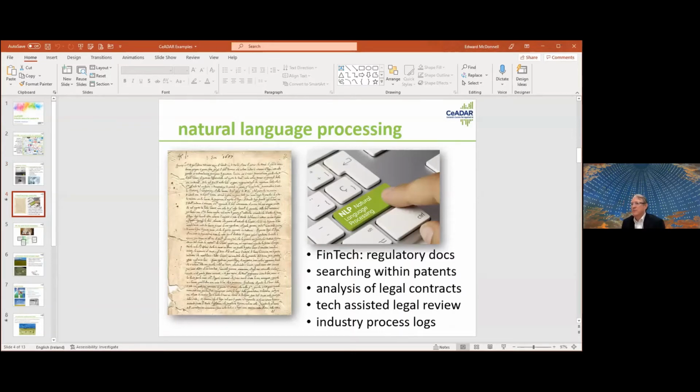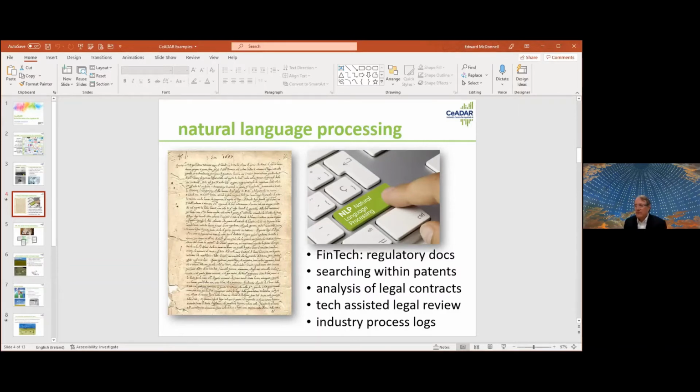One, we have quite a large project with a company called Corlytics here in Dublin, in the world of fintech, specifically financial regulation, which is a very, very large burden for financial service companies. And there are increasing amounts of rules and regulations coming out in this area, and more documentation than a human could possibly absorb and understand. So what we're doing there is helping financial service companies process these documents and then give the appropriate rules and guidance to those sections within the bank for which the regulations are appropriate.